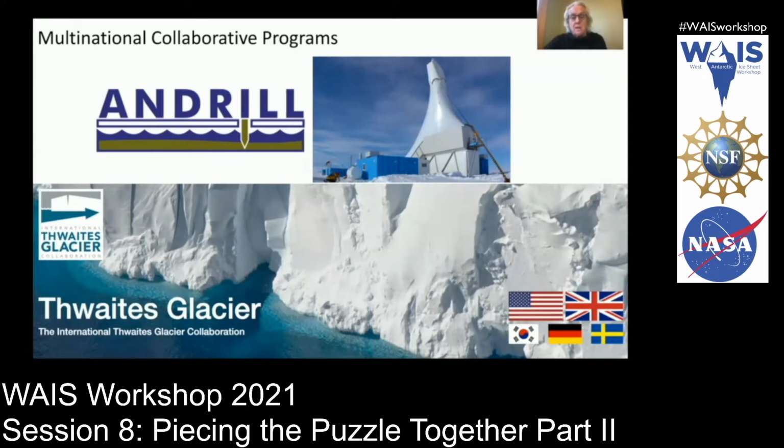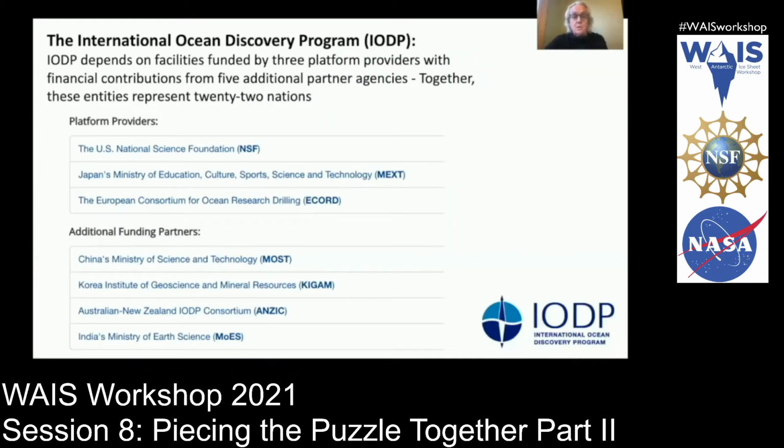agreement that each will contribute a certain proportion of the costs for the science and science infrastructure for a project, and science participation is allotted according to those proportions. And these kinds of projects generally last 5 years, perhaps up to 10. A longer term model comes from IODP, where a host of nations contributes funding to support the science infrastructure for ocean drilling. And again, staffing and science participation is proportional to the level of funding that each nation gives to